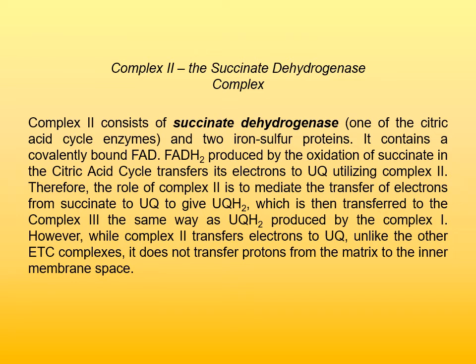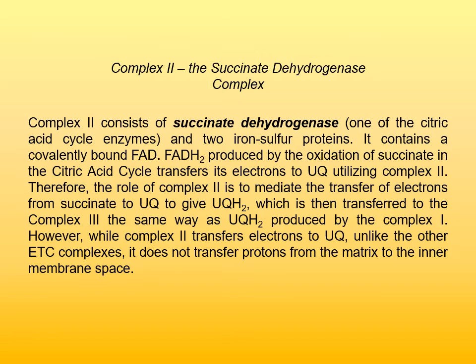Complex 2 is succinate dehydrogenase complex. Complex 2 consists of succinate dehydrogenase enzyme, which is one of the citric acid cycle enzymes, and 2 iron sulfur proteins. It contains covalently bound FAD. FAD, produced by the oxidation of succinate in the citric acid cycle, transfers its electrons to ubiquinone utilizing this complex,